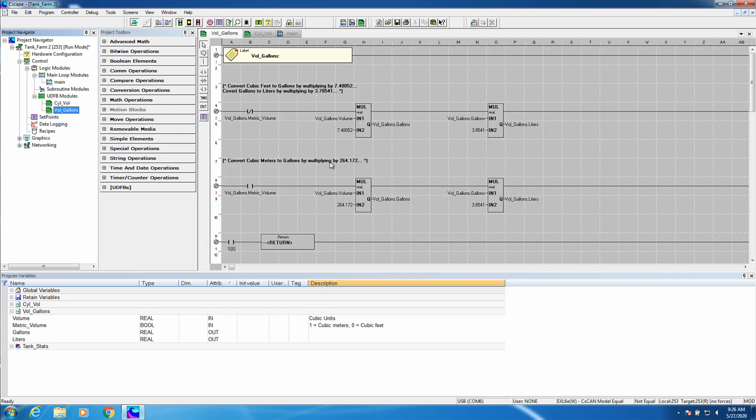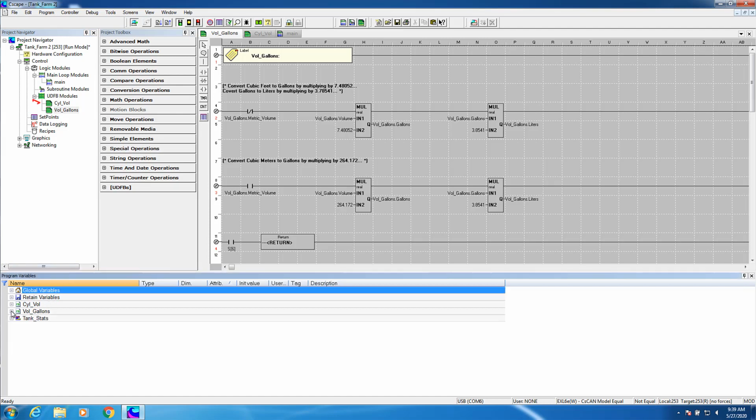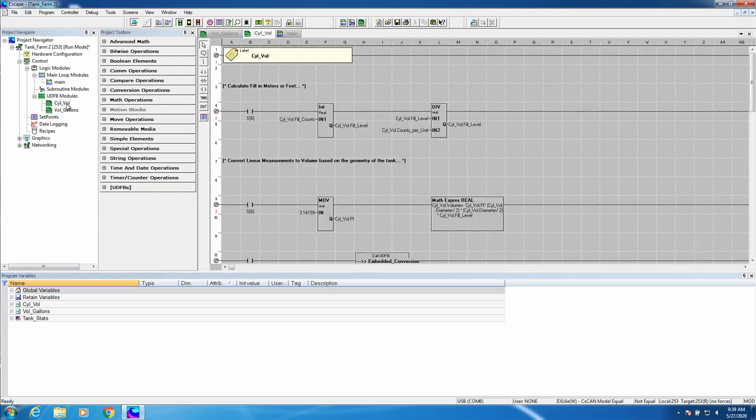Okay, so now we're going to take a look at the other UDFB we created, called cylinder volume. This function takes the linear dimensions of the tank along with the fill level of the liquid, and it calculates the volume of liquid in either cubic meters or cubic feet. It would also be useful to find the volume in gallons and liters, and to do this, we've embedded our previous UDFB inside it. This is displaying our nested capability, and to be sure that it works, we have to